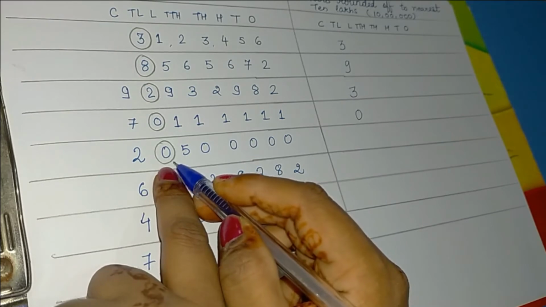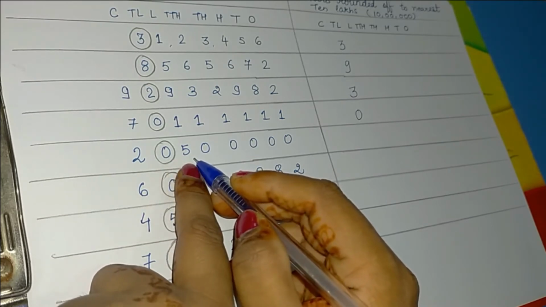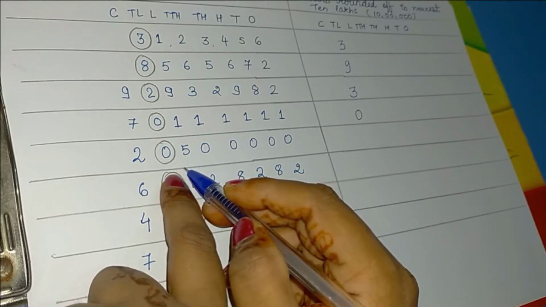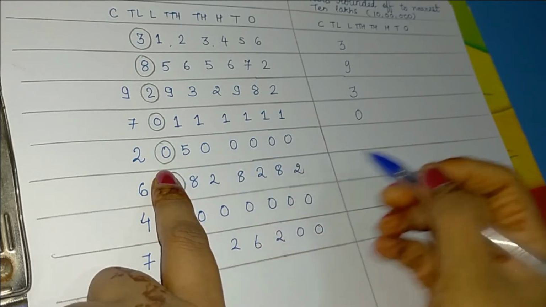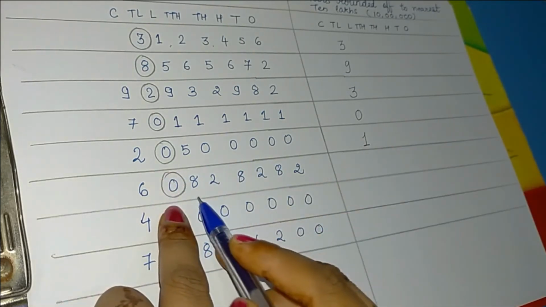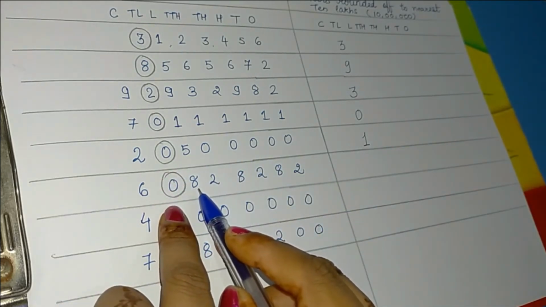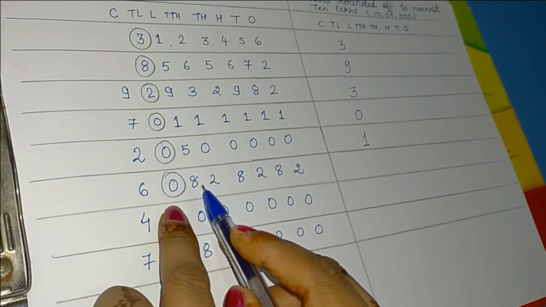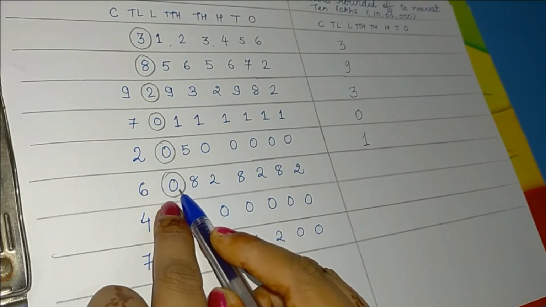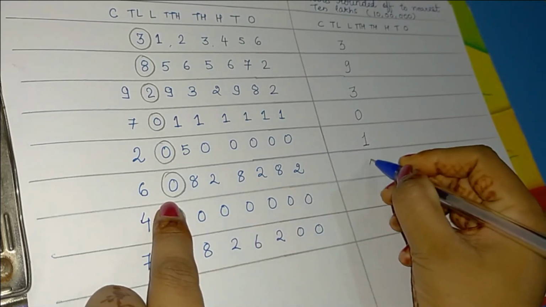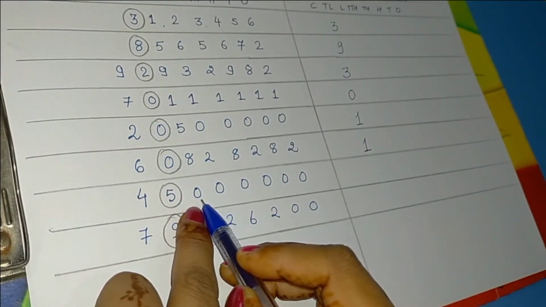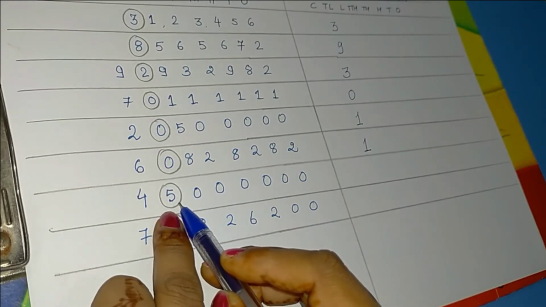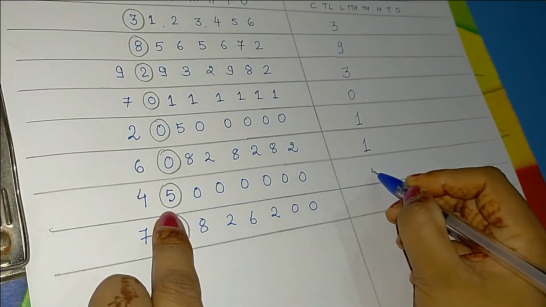Next we have 0 at the 10 lakh position and 5 at the lakh position, and according to Step 3, if we have 5 at the lakh position, we need to add 1 to the 10 lakh position. So here we need to add 0 plus 1. We will write 1. Again here 8 is present at the lakh position and 8 is greater than 5, so we need to add 1 to this 0. 0 plus 1 is 1. We need to write 1 here at the 10 lakh position. Next we have 0 at the lakh position, so it is not going to change the 10 lakh position. We will copy this 5 as it is.